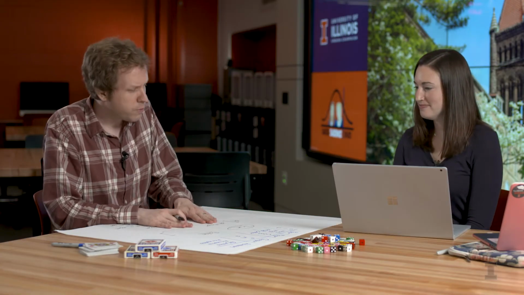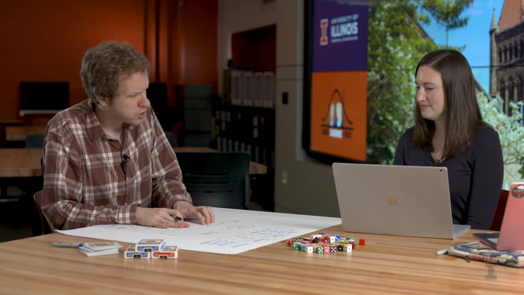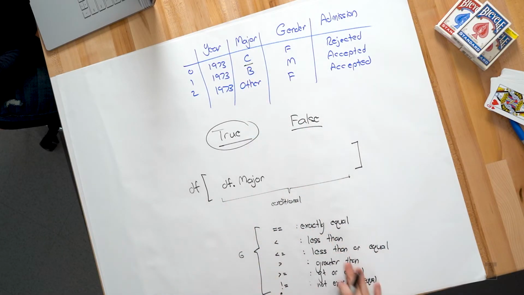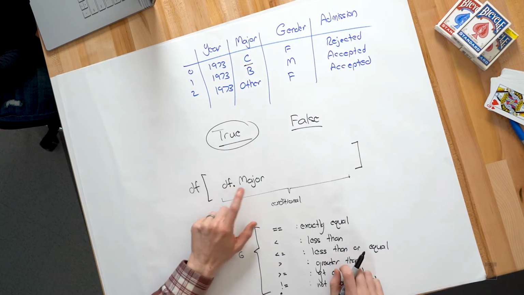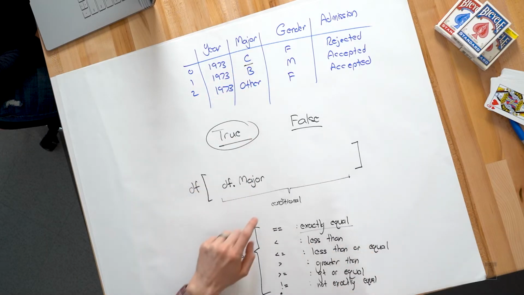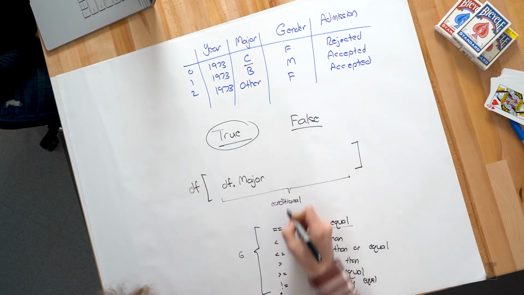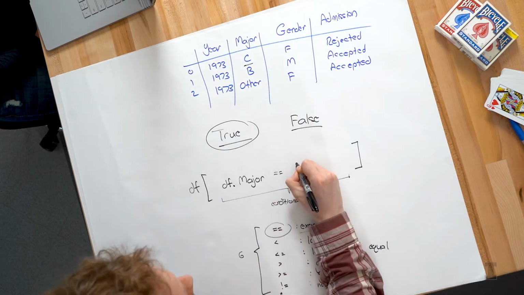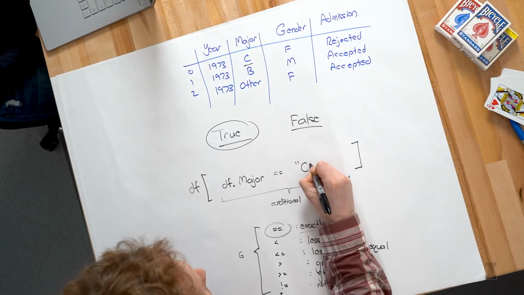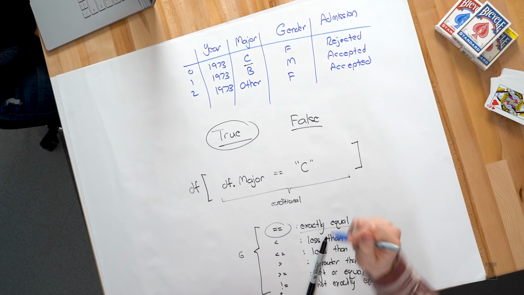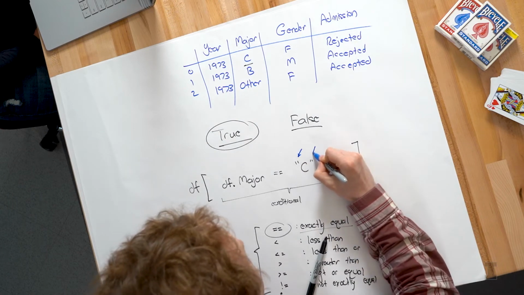So Carly, I think we were looking at whether or not the major is major C. Yes. So we're going to look at which of the 6 conditionals we want, and we want to see, is the major exactly equal to C? So df.major, we're going to use the double equal sign to indicate exactly equal. And then we want to find out if it's exactly equal to major C. And notice that we are writing this inside of quotes.